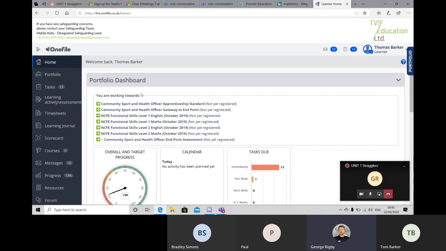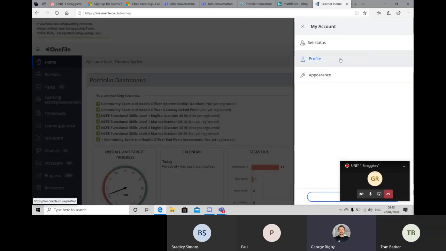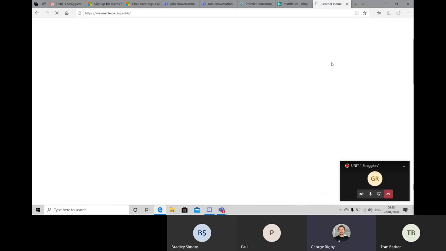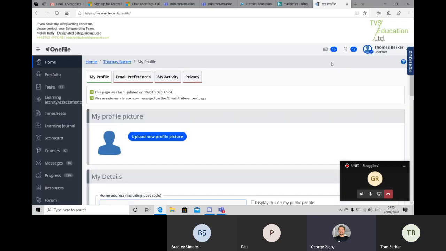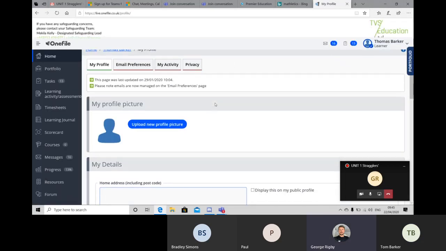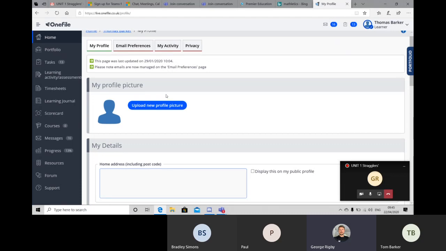So the first thing I'm going to ask you to do, Tom, is go to the top right-hand corner, and you can see where it says, obviously, your name and learner. I want you to click onto that, and you're going to go to the profile drop-down. Now, the first thing I'm going to do is get you to set up some email notifications. So OneFile is going to tell you when you've got work or tasks to do, or when there's a change to your account. So if you go to email preferences,